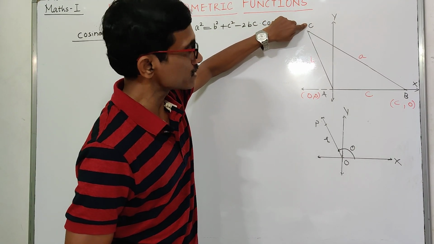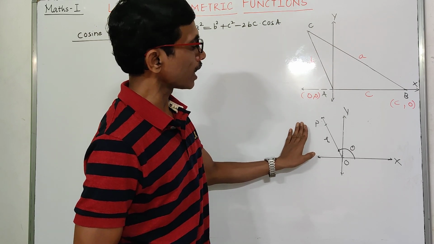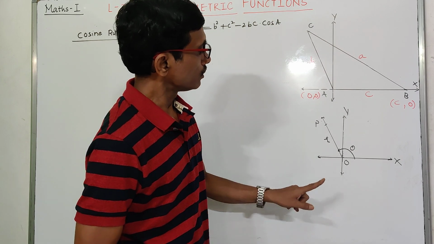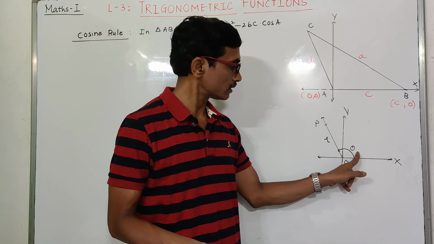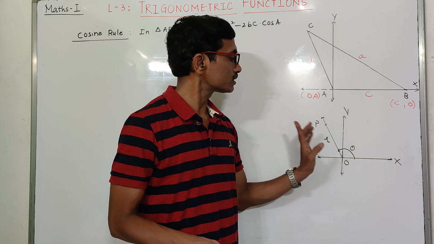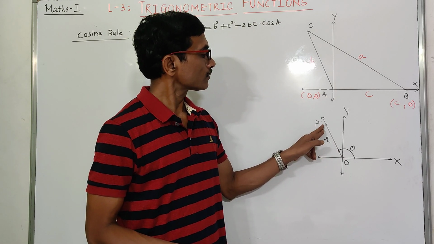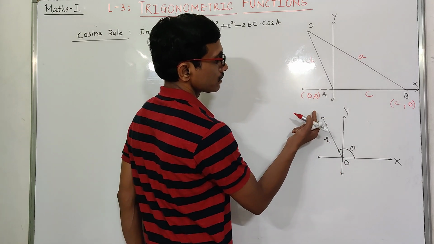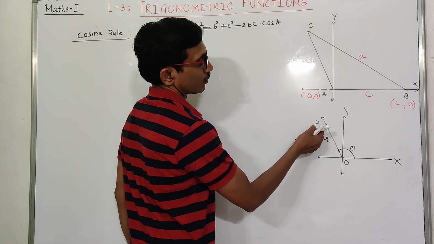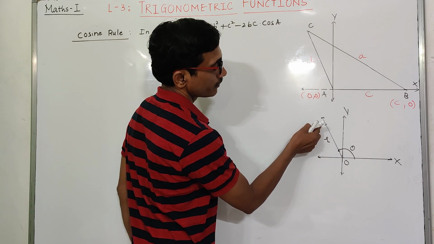तो इसके coordinates हम कैसे find करेंगे? See the polar coordinates. Look at this arrangement. X axis, y axis, the angle theta is in standard position. ये standard position में है. P is a point, see this here. This is ray OP. Now on ray OP, the distance of point P is r.